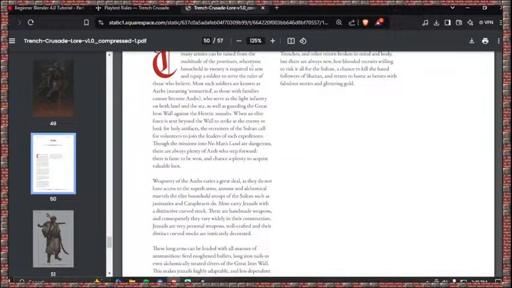Can be raised from the multitude of the provinces where one household in 20 is required to arm and equip a soldier to serve the ruler of those who believe. Most such soldiers are known as azebs, meaning unmarried, as those with families cannot become azebs, who serve as light infantry in both land and sea, as well as guarding the Great Wall against a heretic's assault when an elite force is sent beyond the wall to strike at the enemy or